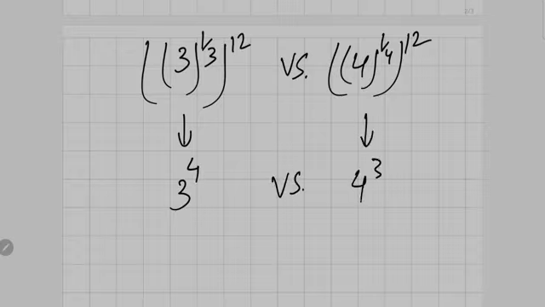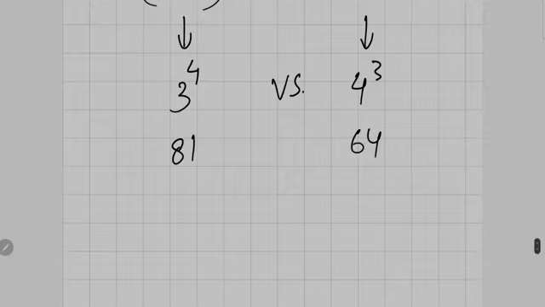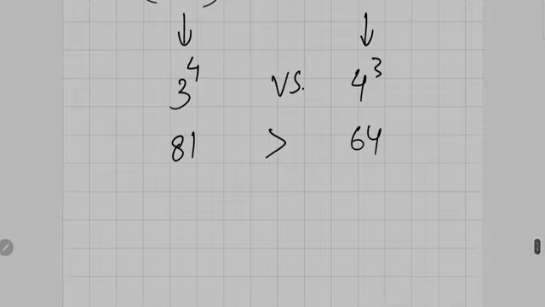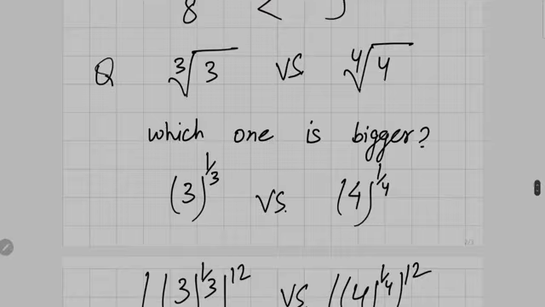3 to the power 4 is 81 and 4 to the power 3 is 64. So 81 is bigger than 64. This means third root of 3 is bigger than fourth root of 4. In general,